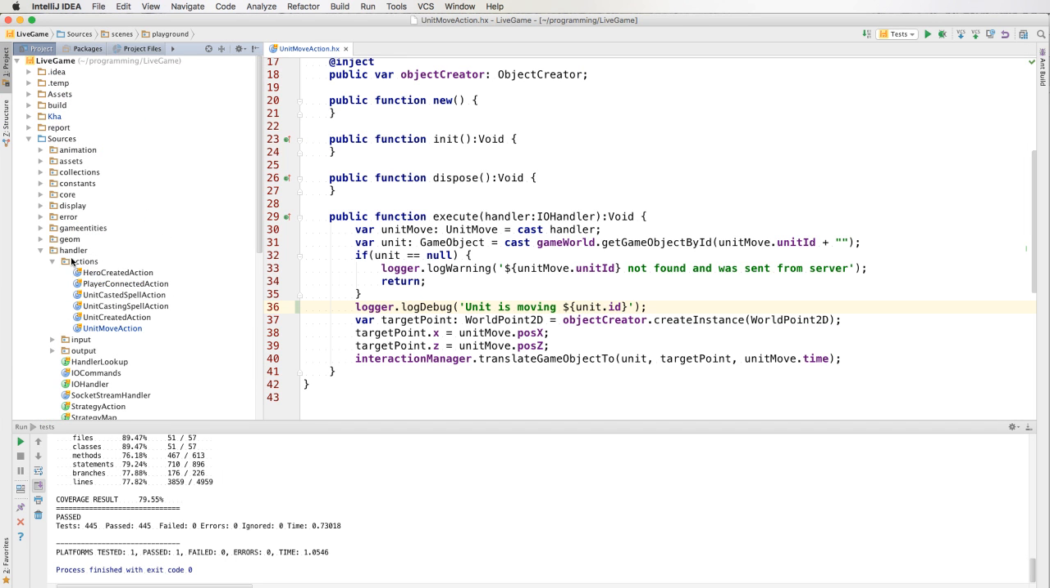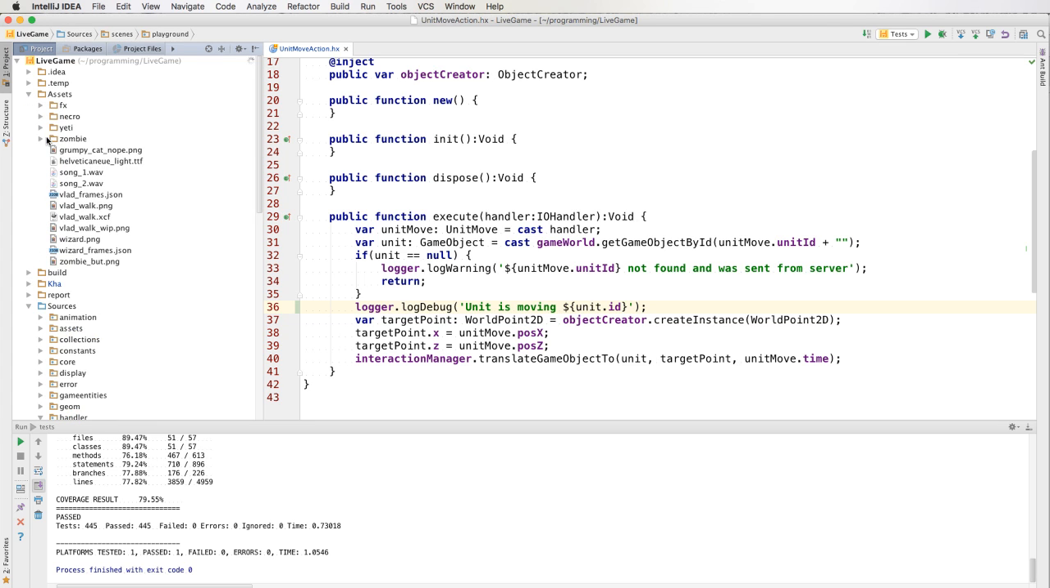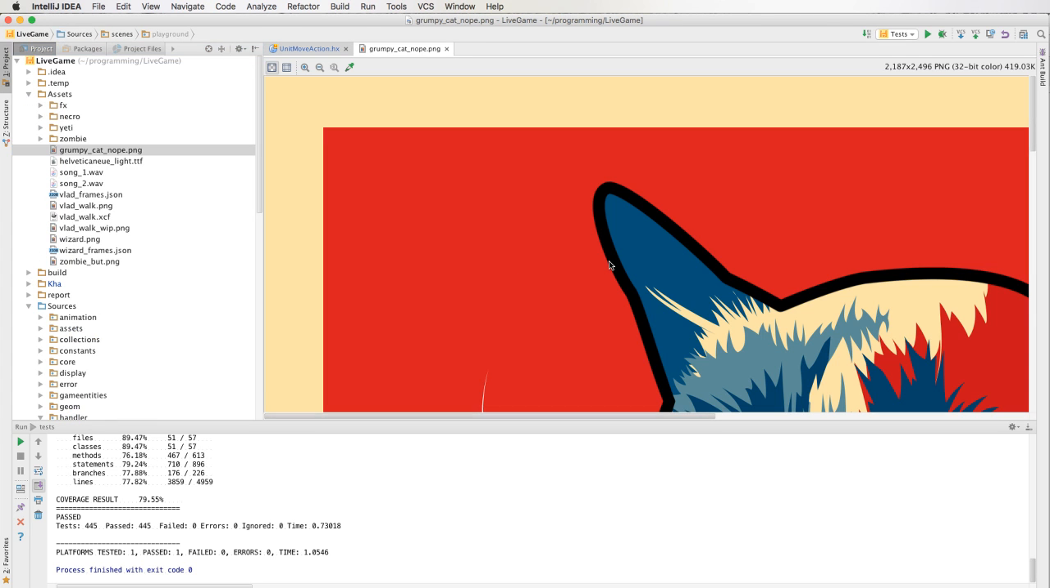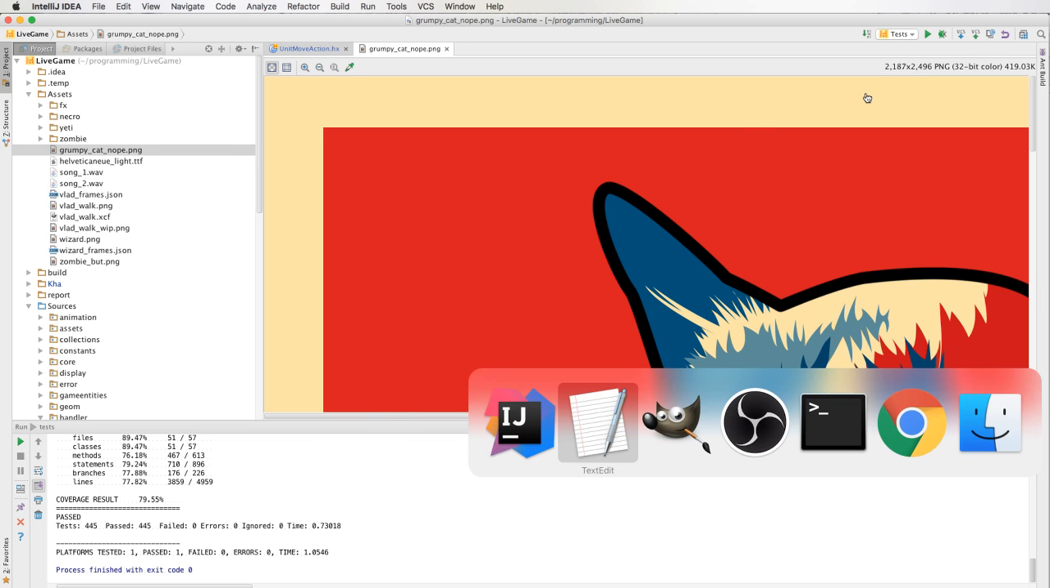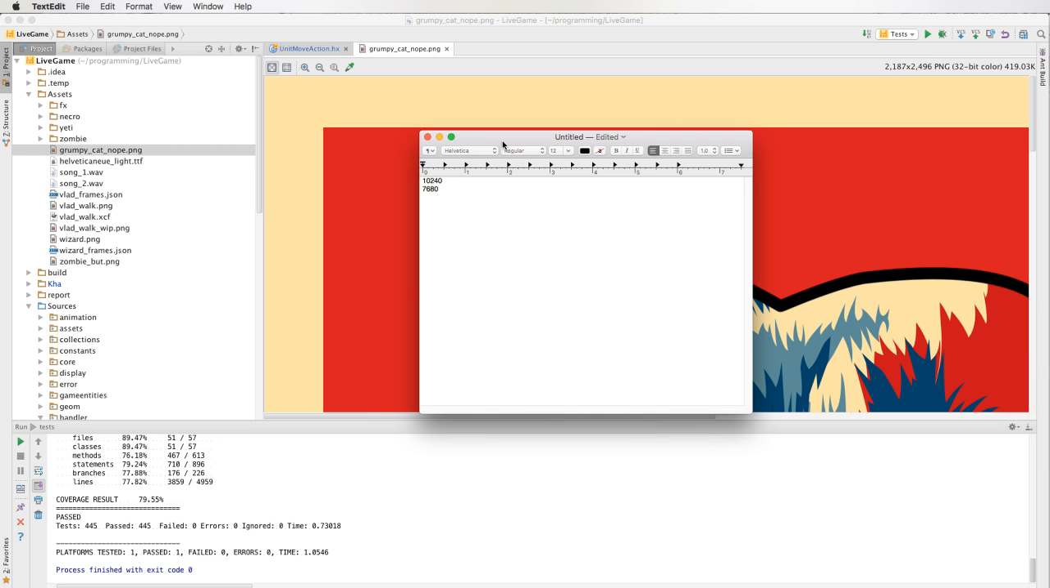In fact, we could look at our Grumpy Kitty and see how that balances against it. Grumpy Kitty is 2187. It's actually bigger than what we have. So why don't we just use our Grumpy Kitty background as our size? Oh, actually, you know what? Mine is quite a bit bigger. So let's stick with my bigger size. Okay, so